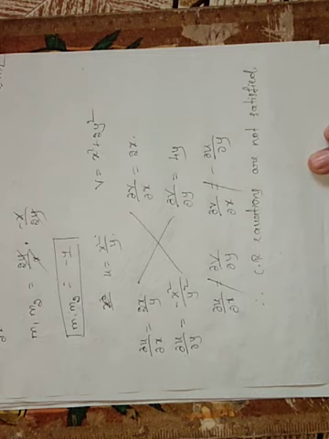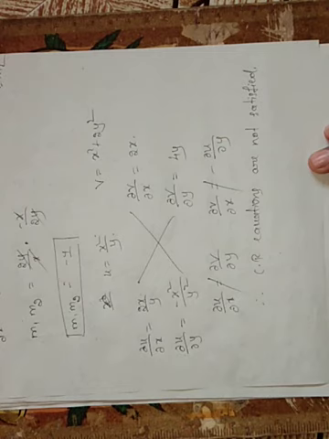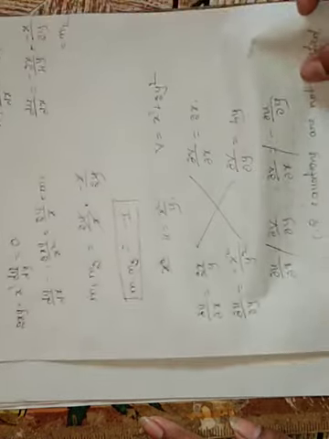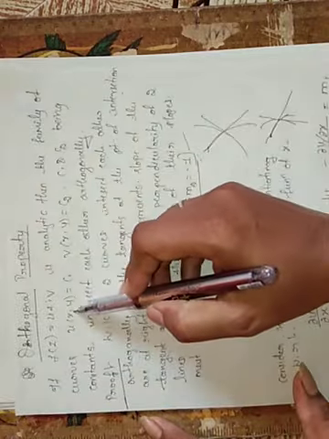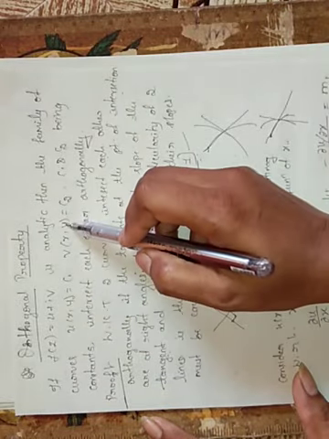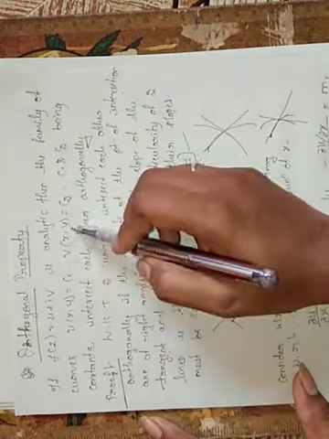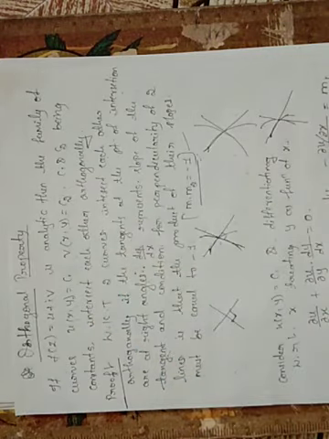Now I am going to prove the same, the condition of orthogonality, also in the polar form. Means the result can also be established in the polar family of curves. So the curves we have taken here were in terms of the Cartesian form. Now I am going to take the curves in terms of polar form to prove this theorem.